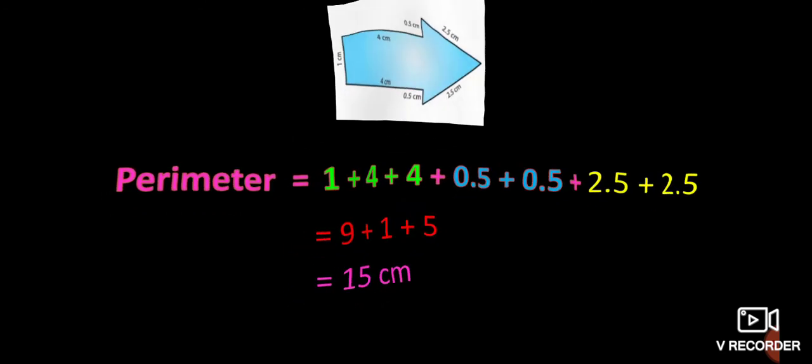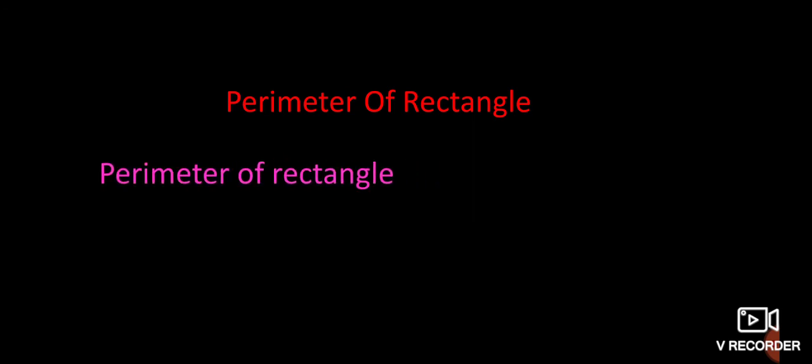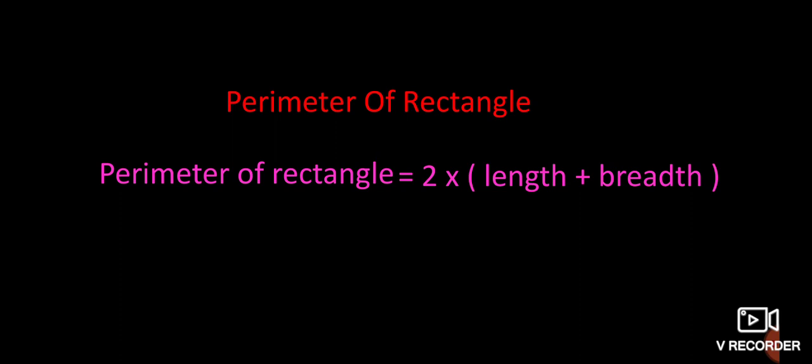Okay. Next we have to study perimeter of rectangles. Perimeter of rectangle. The equation you already studied from 5th class. Perimeter of rectangle equal to 2 into (length plus breadth). That is 2 times length and 2 times breadth. The shorter form is 2 into (L plus B). L is length, B is breadth. By using this equation, we have to find the perimeter of any rectangle.